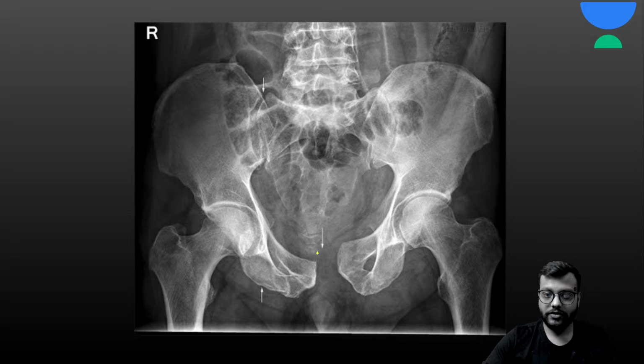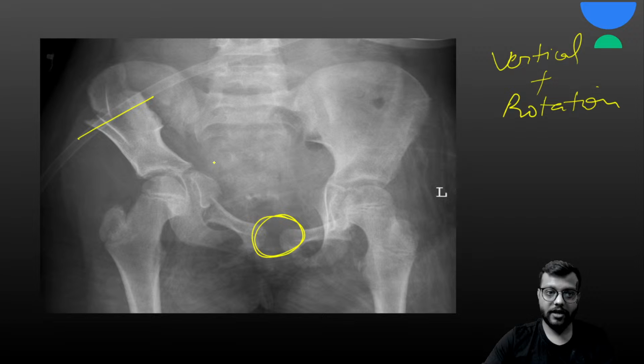Here you can see this is your diastasis, the pubic or pelvic diastasis, and this is your open book type due to the rotational injury. Okay, and due to the rotational injury, so this is your type B. And here you can see this is your vertical compression plus rotation, so there is the open book plus there is iliac blade, acetabulum, IPR, many fractures due to the vertical as well as rotation. So this is your type C fracture of the Marvin-Tile.